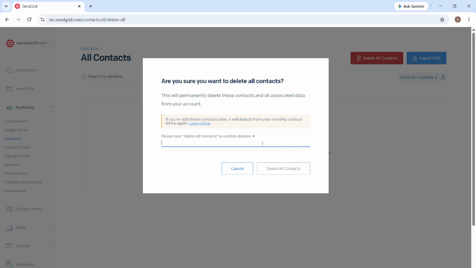After you click Delete, you will click Confirm. The Confirm button is the final step that tells Sendgrid to actually remove the contact. When you confirm, the contact should disappear from the contacts list, or you should see a success message indicating the deletion was completed. Take a brief moment to verify that the invalid email contact is no longer present in the list, or that the search for that email no longer